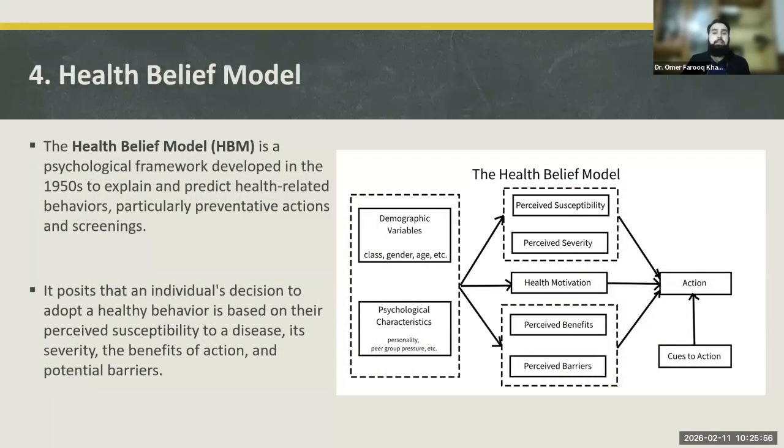Now, another model is health belief model. So a health belief model is a psychological framework which was developed in 1950s to explain and predict health-related behaviors, particularly preventive actions and screenings. It posits that an individual's decision to adopt a healthy behavior is based on their perceived susceptibility to a disease, its severity, and benefits of action and potential barriers. So, what is health belief model? It posits that an individual's decision to adopt a healthy behavior is based on their perceived susceptibility to a